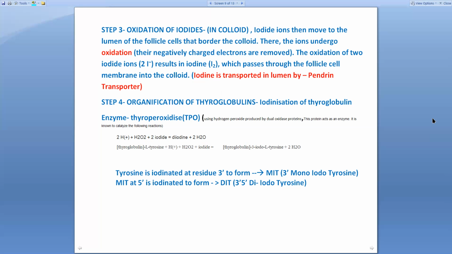So the second step is organification of thyroglobulin, which is occurring in the colloid. These tyrosines are still attached to thyroglobulin, and in the next step this MIT and DIT will couple to form the thyroid